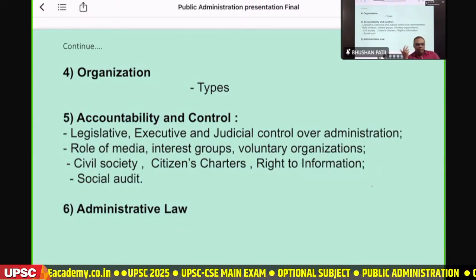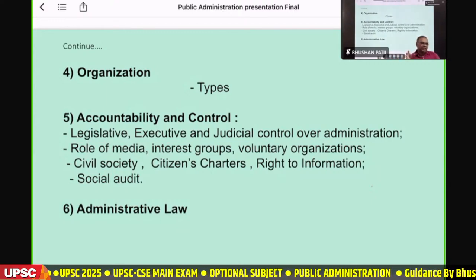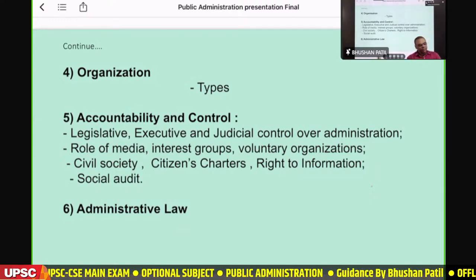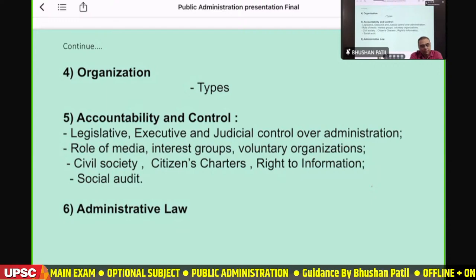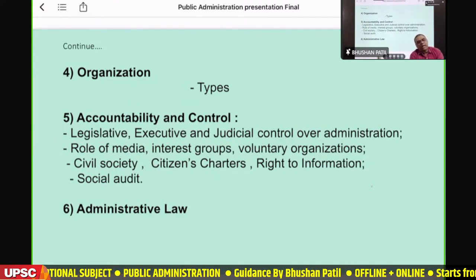Means directly through people, that means media, interest group or civil society organization, etc. So that government is accountable to us. So this fifth unit is related with this. Then you will see administrative law. This administrative law,